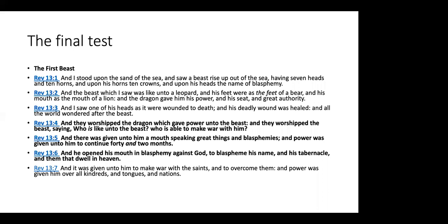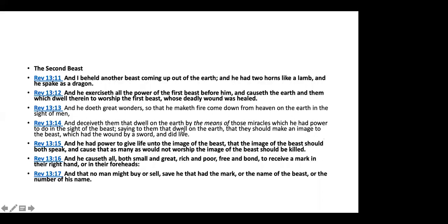Now, we find that this religious organization at some point received a wound, a deadly wound. In other words, its power was taken away from it. This religious organization that changes God's laws, blasphemes God, persecutes God's people, and likes being worshipped, at some point after its biography of mayhem and destruction, received a wound. It became weak. It lost some of its authority, its power to execute its malign objectives. Now, we are told in the next sequence of verses that there is another beast that arises,